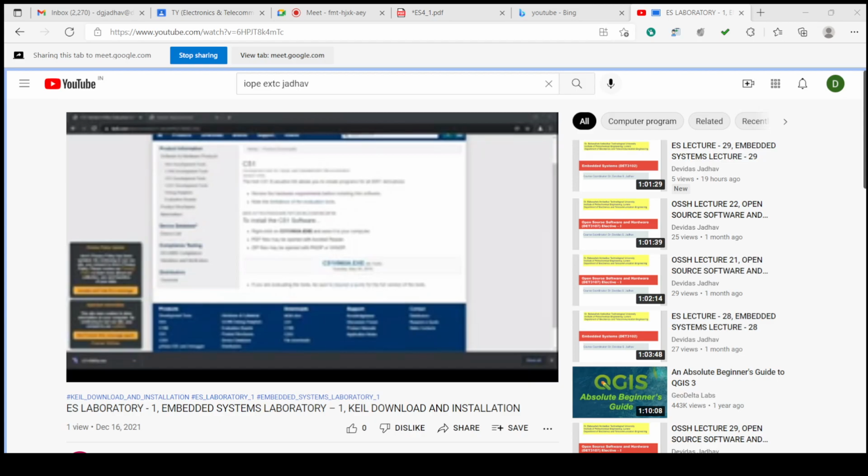So we'll keep this as it is, or we can customize any other location or any other folder. Setup will install the Microvision in the following folder. To install to this folder, press next. To install to a different folder, press browse and select another folder. You can select another folder also like this. I will cancel now. I will keep this as it is, and I will click next.